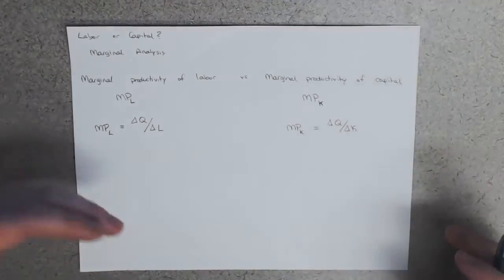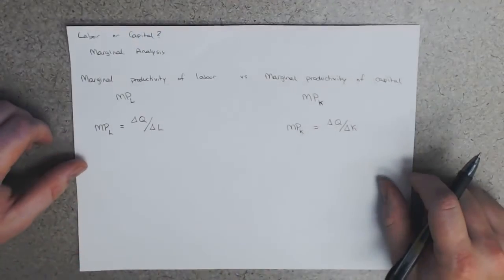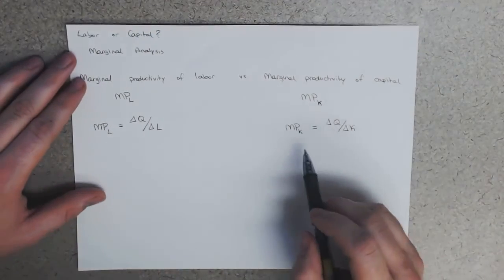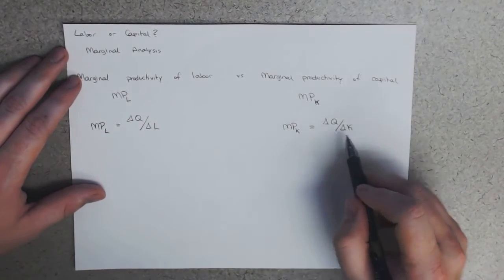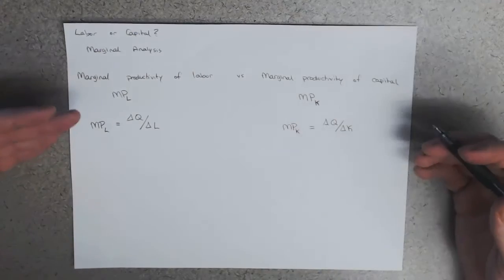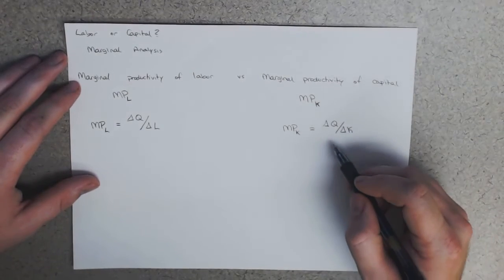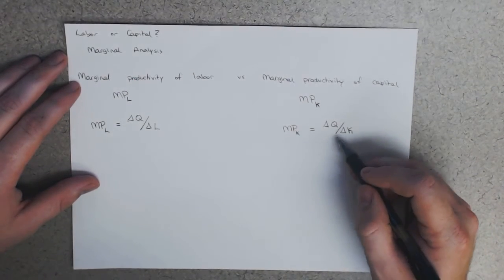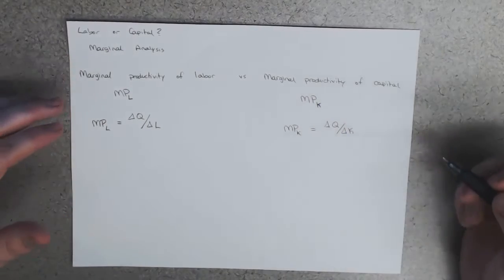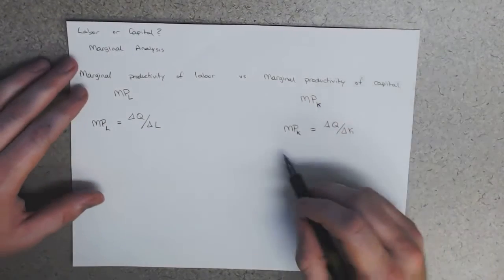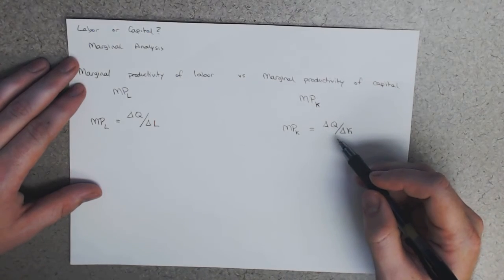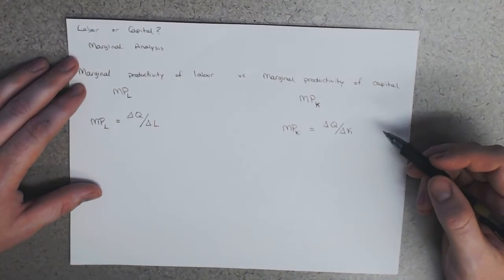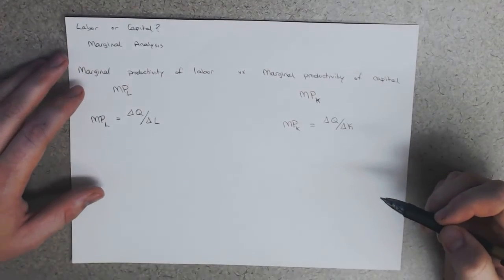Okay, so if we imagine that we could add up the total amount of capital that we have, right, and then make it into units, right, the marginal productivity of capital is the increase in output that is due to an increase in capital. Or conversely, the marginal productivity of capital would be the decrease in output that we would get if we decreased capital by 1 unit. Okay,